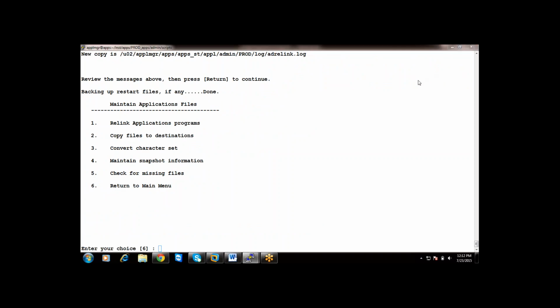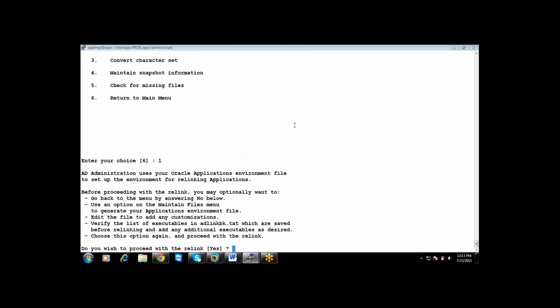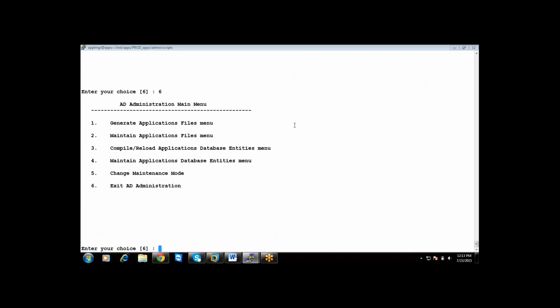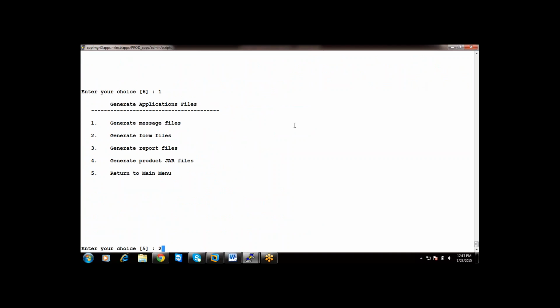Last time when we did it for forms executable, you selected one or two. See, I have taken it over here, under the generate application files menu, generate form files.